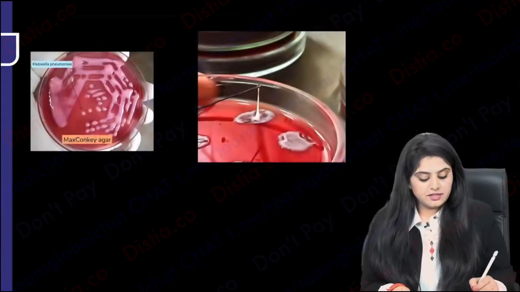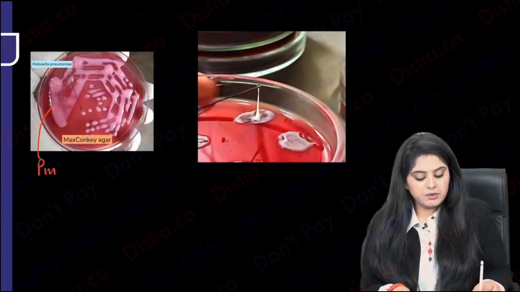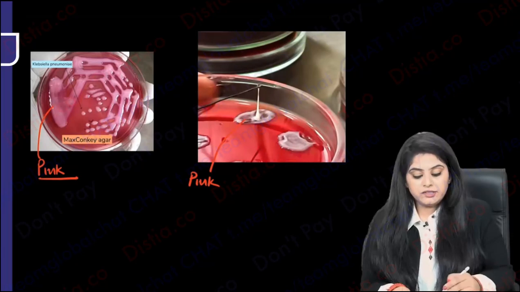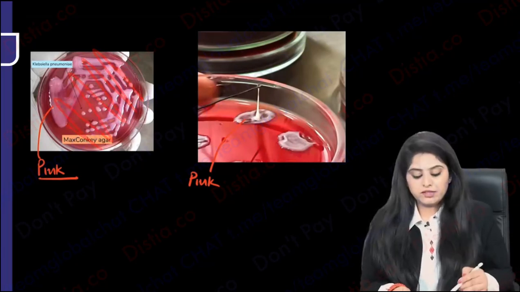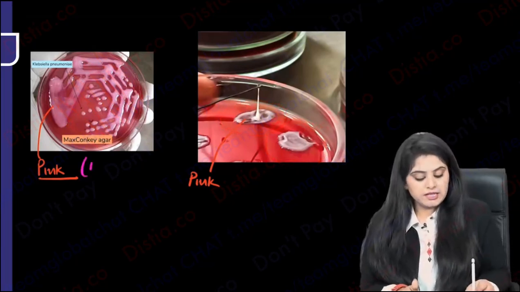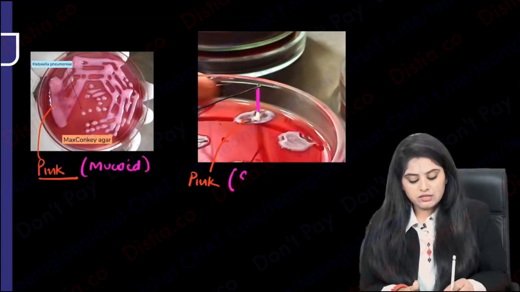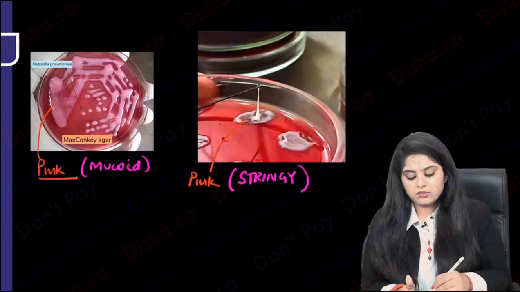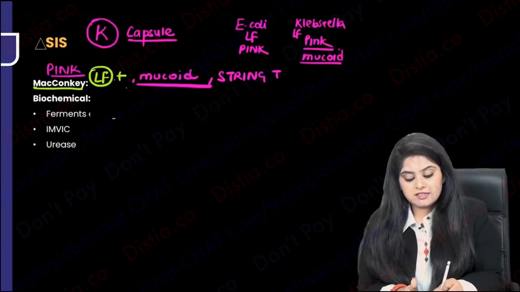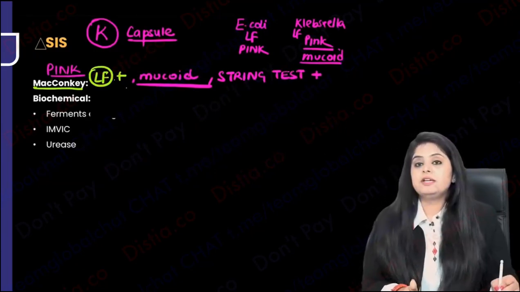So have a look at this. These are your MacConkey agar. Of course, it has come out to be pink. Anything pink definitely tells me that it is definitely a lactose fermentation. But look at the shine on its surface. It's very, very shiny. It's mucoid. Similarly, look at the shine over here. And if you see, not only is it mucoid, so the shine is telling me it's mucoid, but if you try to pick it up, can you see with the loop it's showing you a string, right? So this is going to show you the stringy appearance, which is very, very important. So please note, not only is it mucoid, but they have started calling it the string test. It also shows you string test positivity.